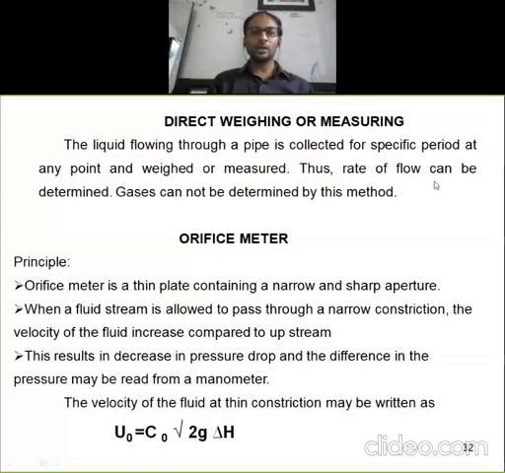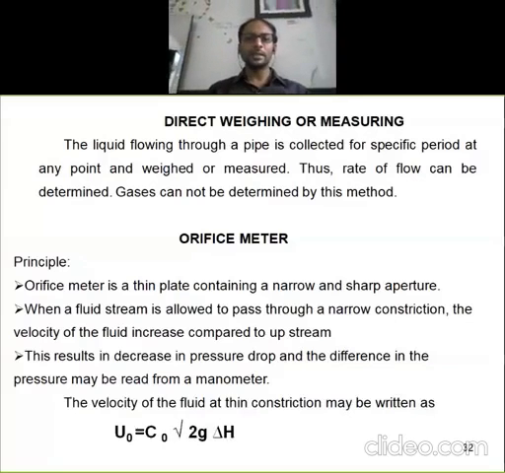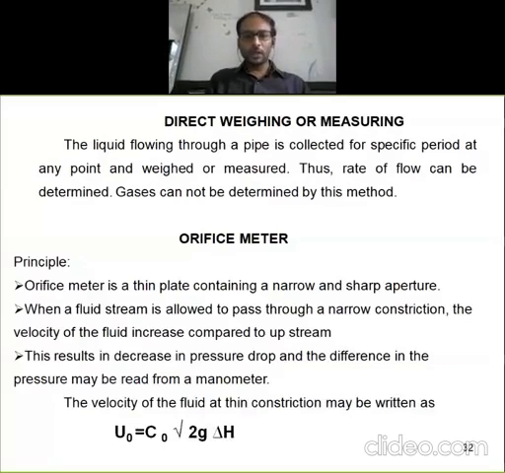We are dealing with a specified time period through which the liquid flows, and at another point it can be directly weighed or measured, considering the volume and density of the liquid. Okay, this is related with the first type, the direct weighing method or the direct measuring method. Weighing means what? We can go for the mass, and measuring means we can go for what? Volume. Got this?